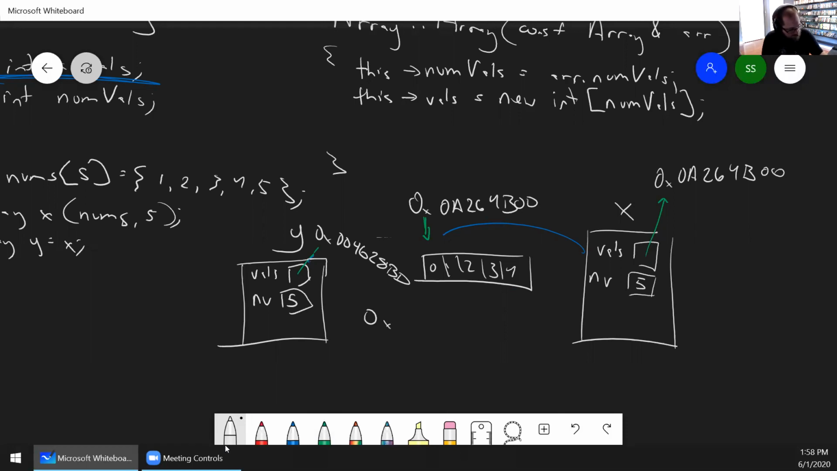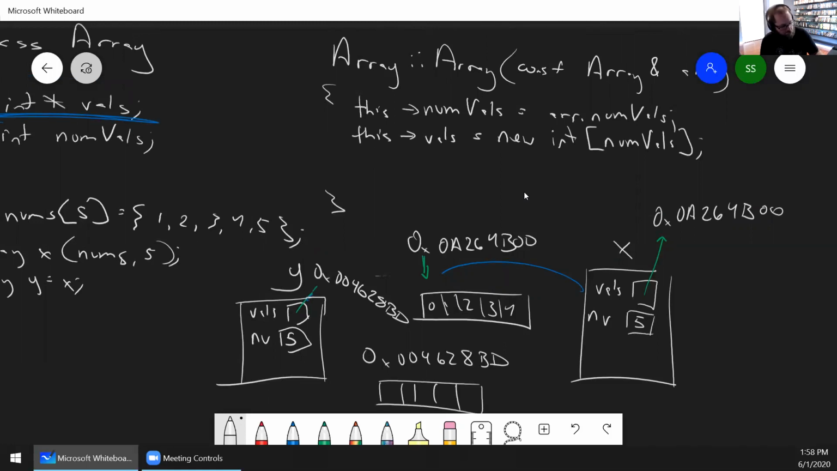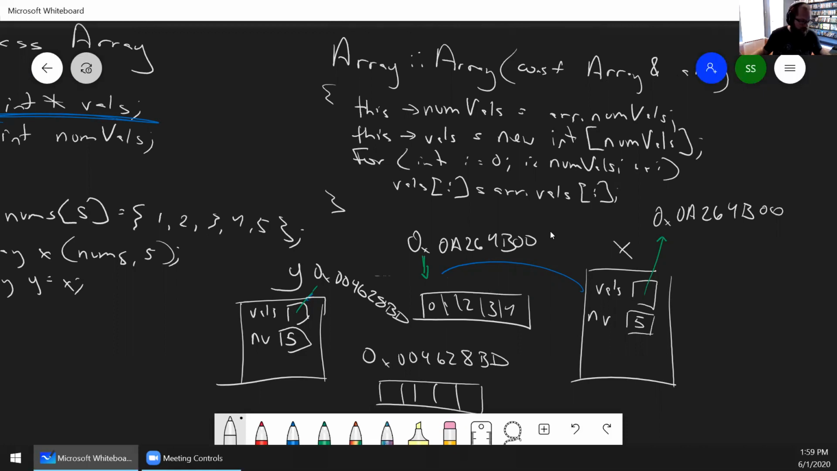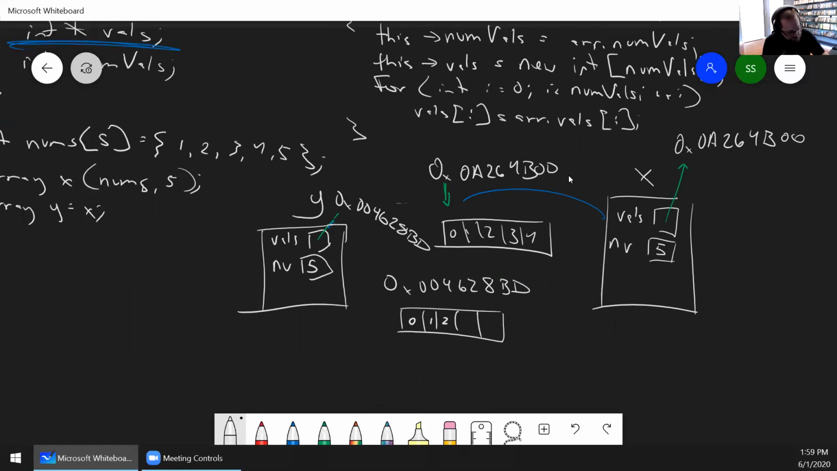So at 0x004628BD, I have another array of 5 integers, right? And now we need to copy over the data. All I've done is I've allocated an array to be the same size, so I have the space. So now I need to copy over the data, so we can use a for loop to do that. I equals 0, I less than num vals, increment I. And then we can say, set my vowels sub I equal to arr dot vowels sub I. So that's going to run through a pretty standard for loop, and it's going to copy over the values,